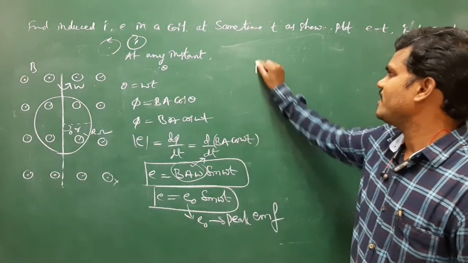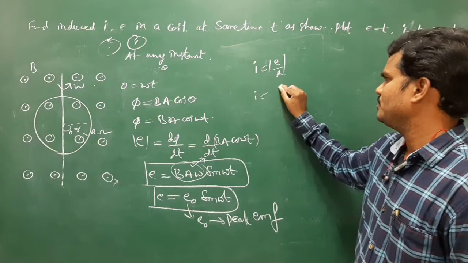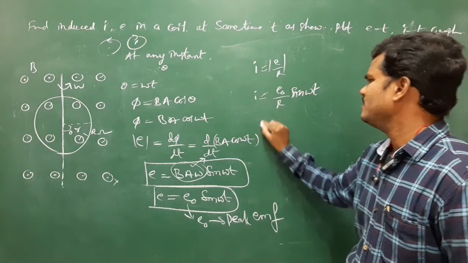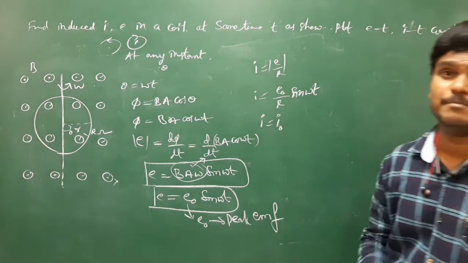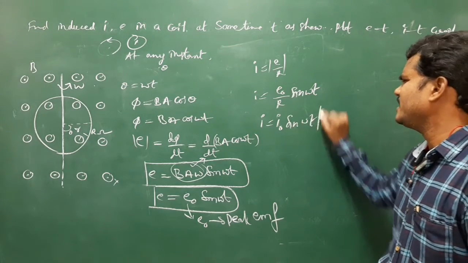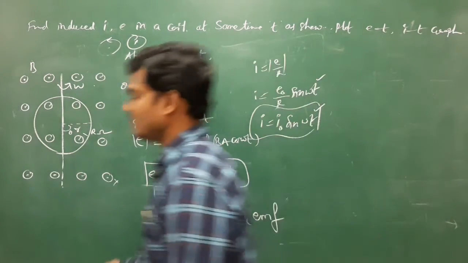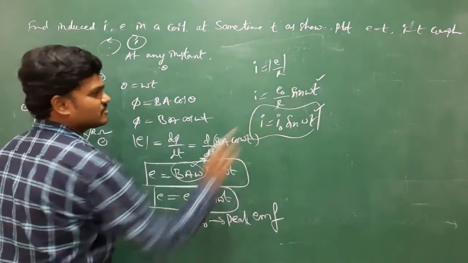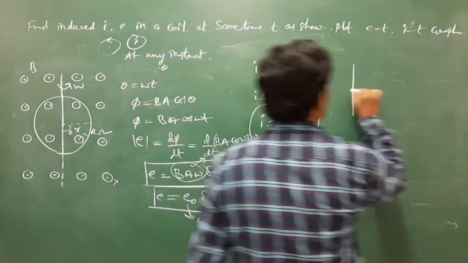In the same manner, we can find current. Current is nothing but EMF by resistance. So I is equal to E naught by R sin omega t. So we can replace E naught by R with I naught. I naught is peak current, maximum current. So I naught sin omega t. Based on t, meaning time intervals, we will get the graph. Otherwise, see, it is a sine function, this is also a sine function. Just plot a sine graph.